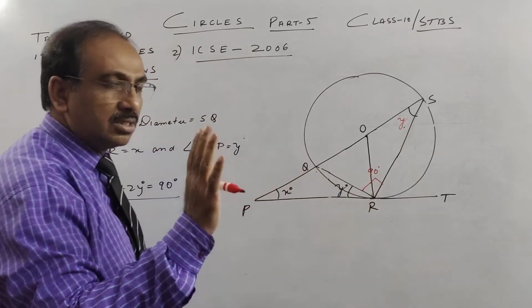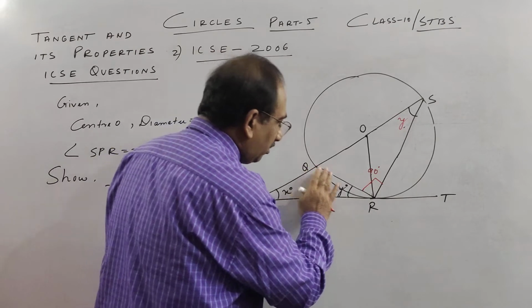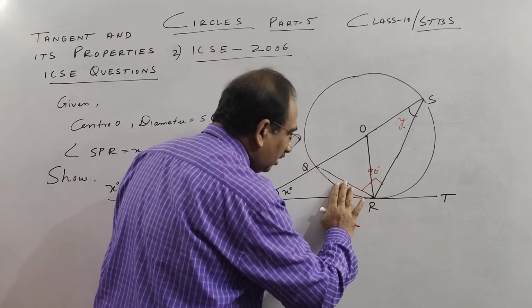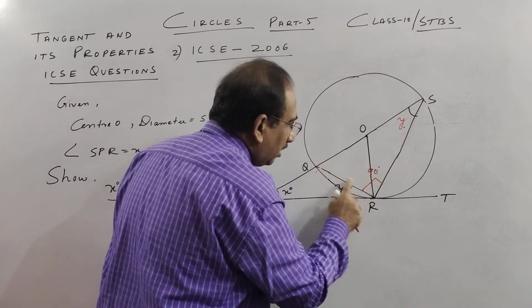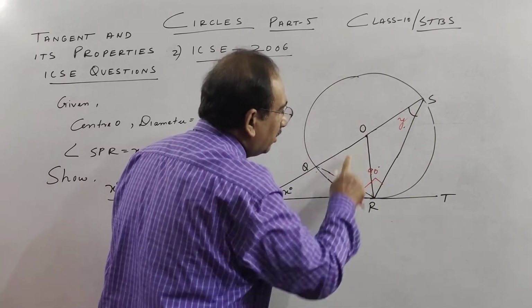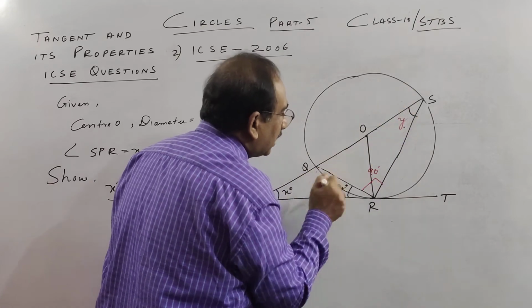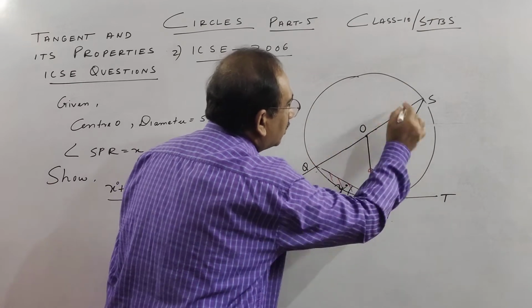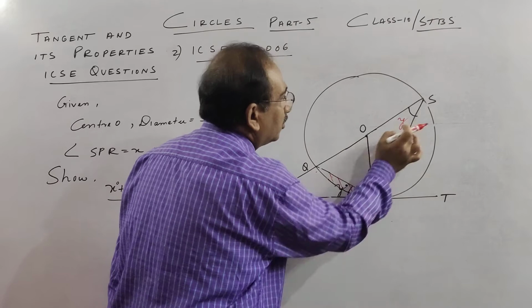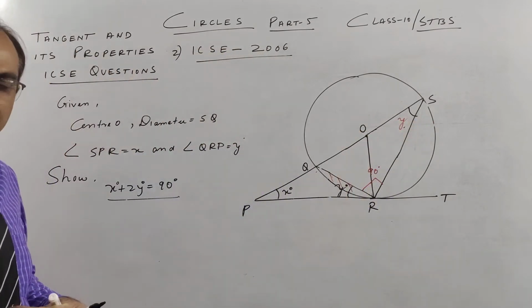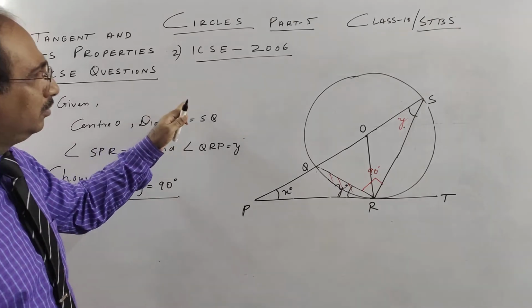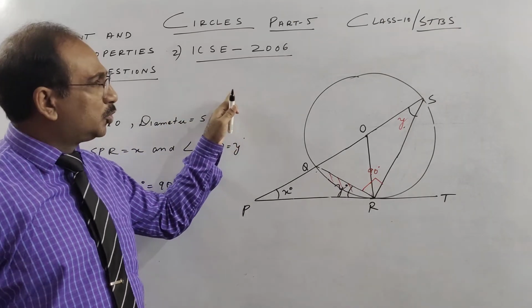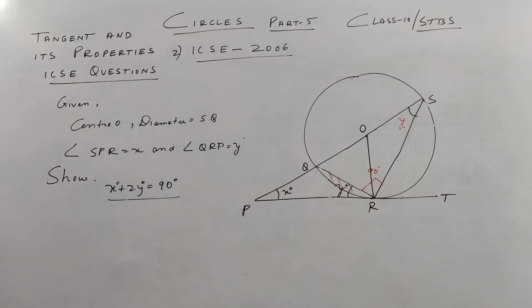Maybe this will look a little tough, but remember, chord with tangent here, if you have Y degree, then any angle over here, children, because you know angles in the same segment are equal, and this is the major segment, this is your minor segment, this full thing is your major segment, any angle will also be Y degree. Maybe you have some problem, but I have explained it in all my 5 video lessons on circle, so you will understand it better. Finally, we see how we are going to write it.